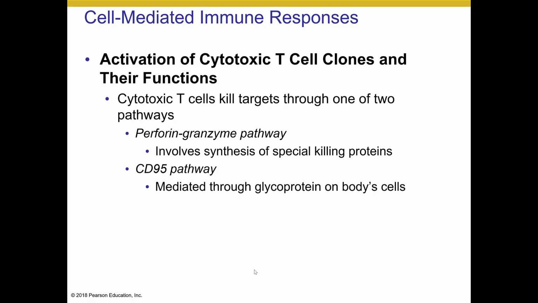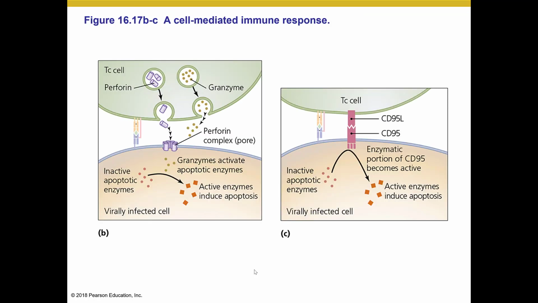Two different pathways. We have the perforin granzyme pathway and the CD95 pathway. The end result of both of these pathways is death or apoptosis of the infected cell. It just happens a little bit differently. So in this